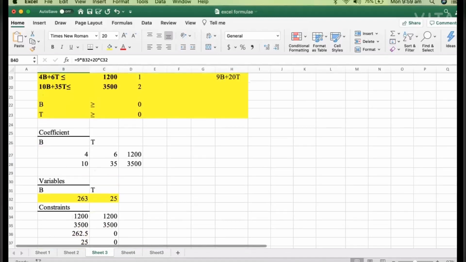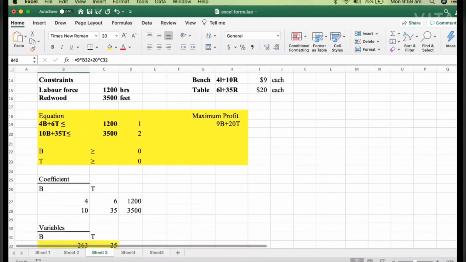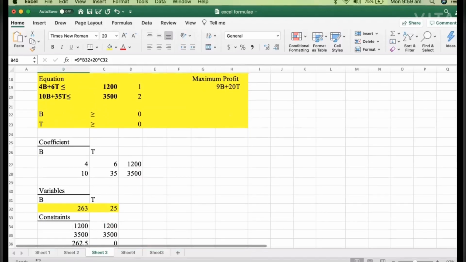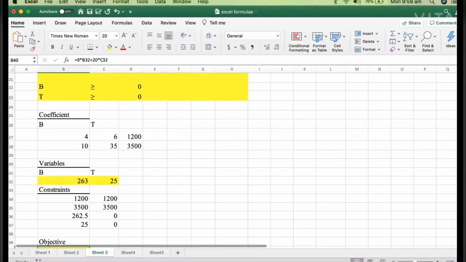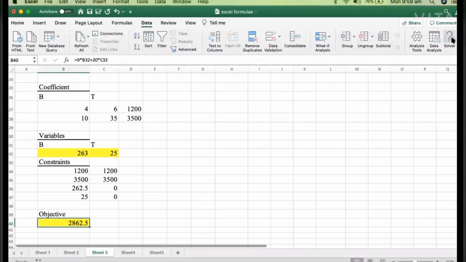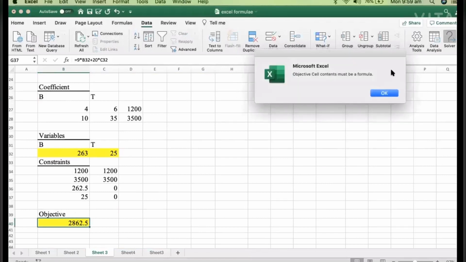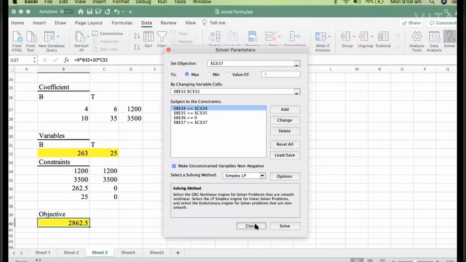Otherwise manually what we do, we draw a graph on a graph paper and locate the points, and for each point in a feasible region, bounded region, we find out our values for each point and then we select the maximum possible value that we find out. But here the table, the dialog box appears as it was earlier. I can do it one more time for you. Here we have to give the command and then accordingly it finds out the value for us. Okay, so in this way we can find out our values.